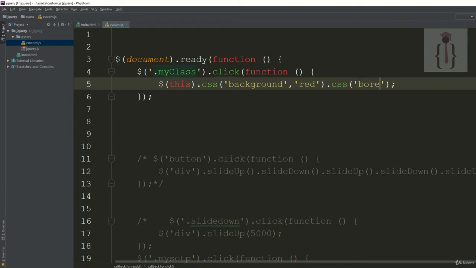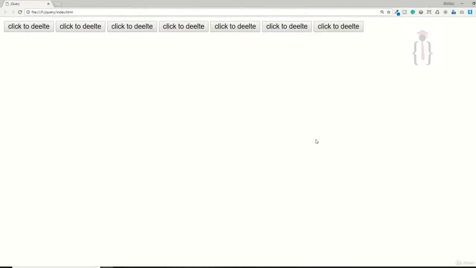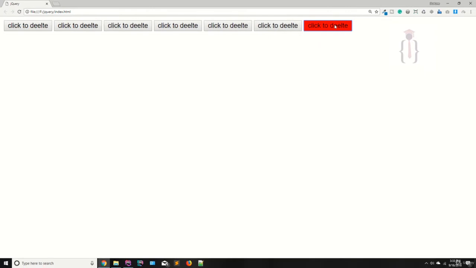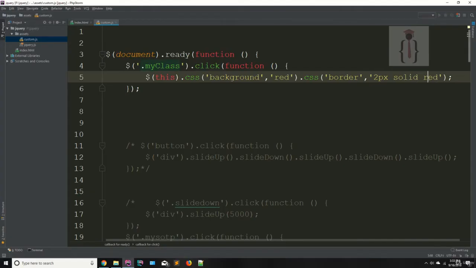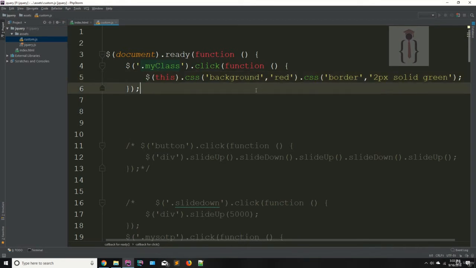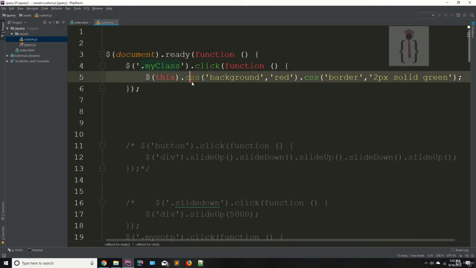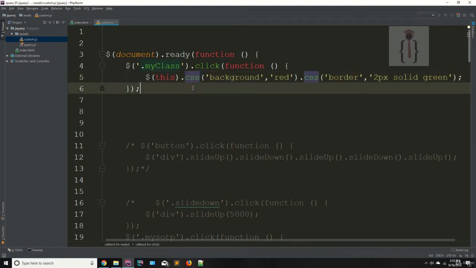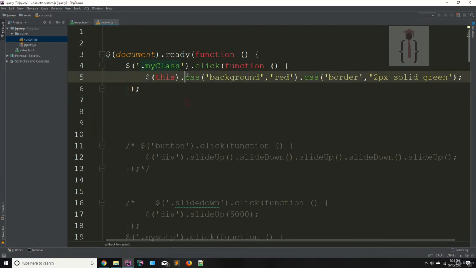I'm saying border, 2 pixel solid red. Refresh the page, click on this, 2 pixel solid red. Okay, if I'm saying solid green, refresh the page, click on this, it's adding the solid green border. So as you know, you are adding the CSS property using the CSS action or CSS. This is the method. Whenever I say method and whenever I say action, that means I'm talking about this after